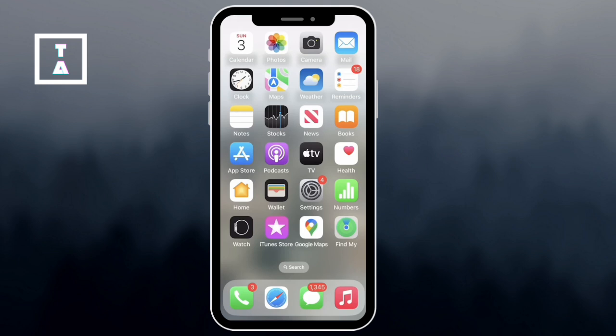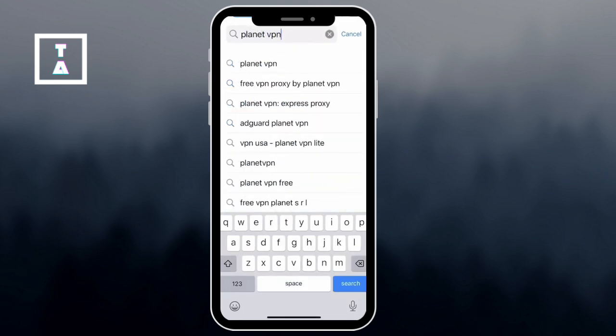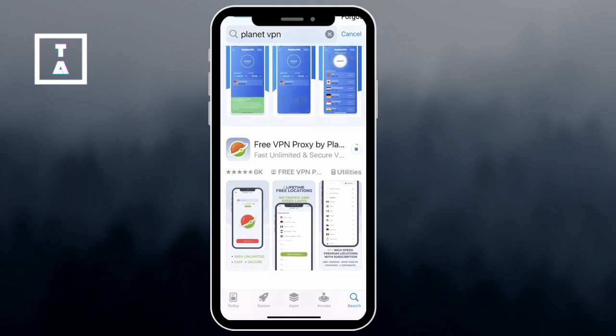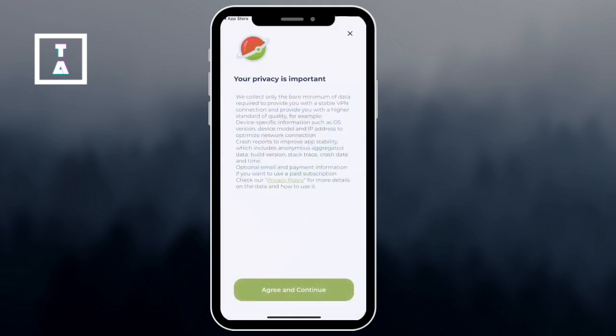Let's get started. First thing you need to do is open the App Store on your iPhone and search for Planet VPN, then tap Download and wait for the installation to complete. Then tap Open once the app finishes installing, and on the welcome screen, tap Agree and Continue, and when prompted,